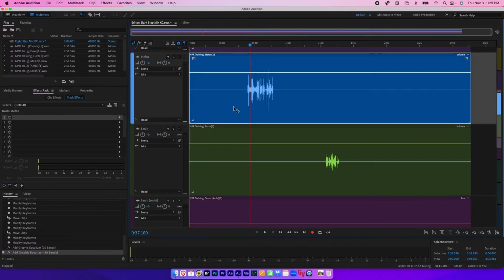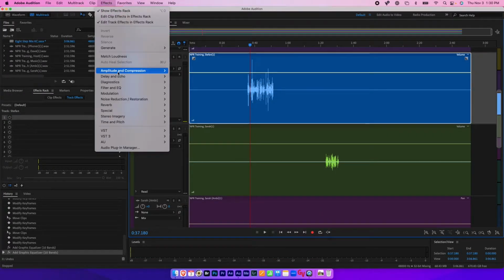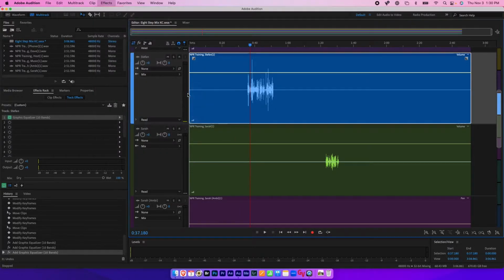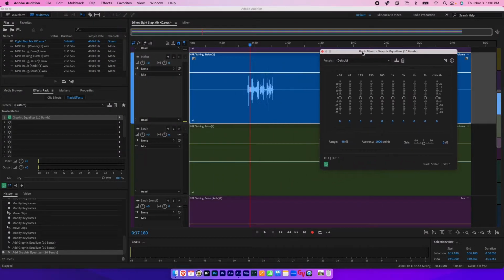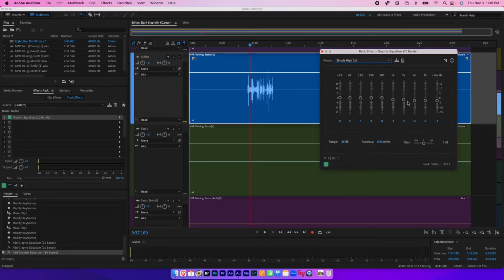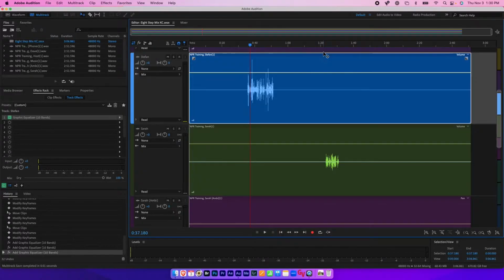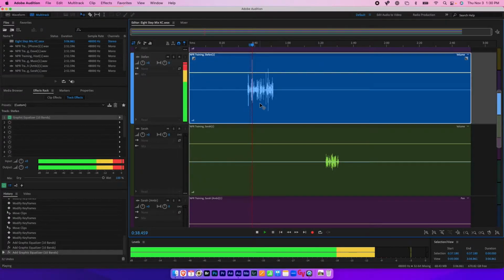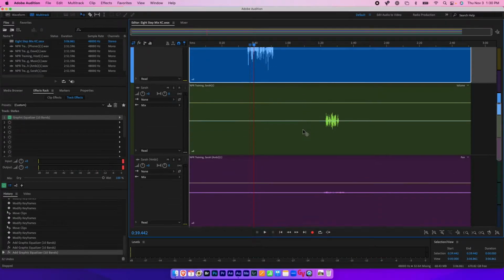For Stefan, actually I can go ahead and do this. I think for Stefan, he is a little bit sibilant, which means a little bit harsh in his S's. So I'm going to go ahead and do a simple high cut on Stefan, and again, as I'm listening, I can make adjustments here. Not all of your tracks will need EQ, but go ahead and run an EQ on